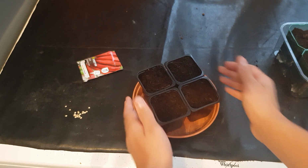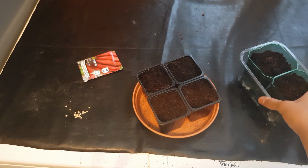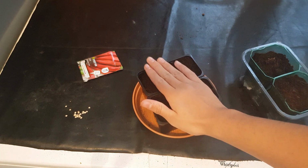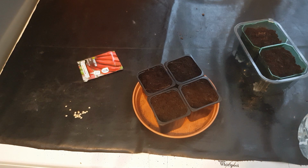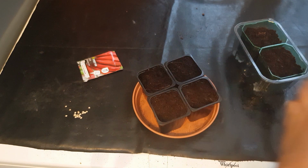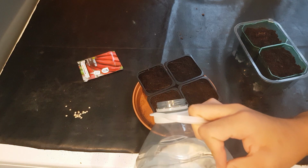sowing them. And you need to label your seeds for when you sowed them. So I have to get a label afterwards. But for sowing, it's really simple. You're just going to sprinkle them, make holes and sow them. But first, you're going to need to moisten the soil, because if you sprinkle the seeds and then moisten your soil, the seeds will get dislodged, and it's not good. So firstly,